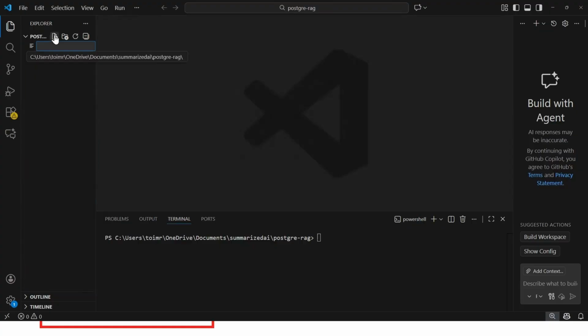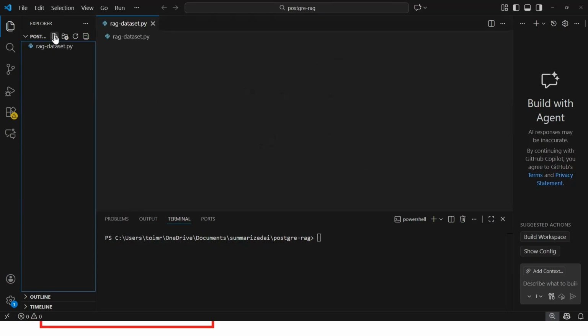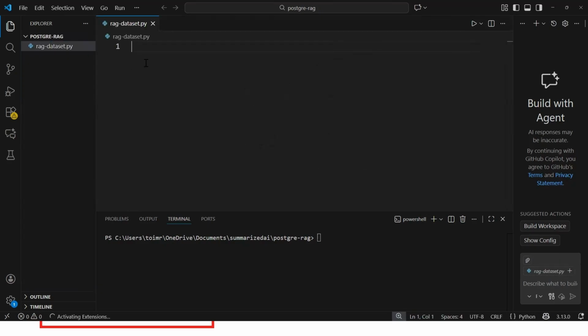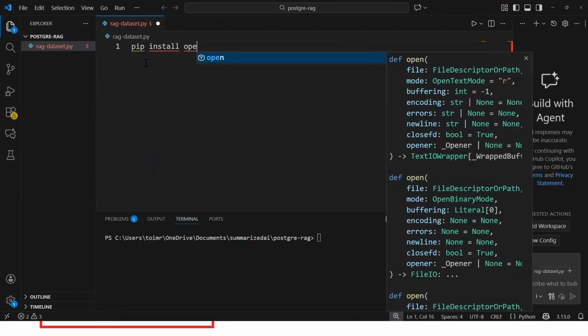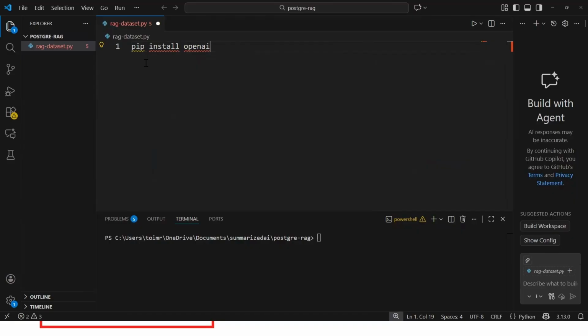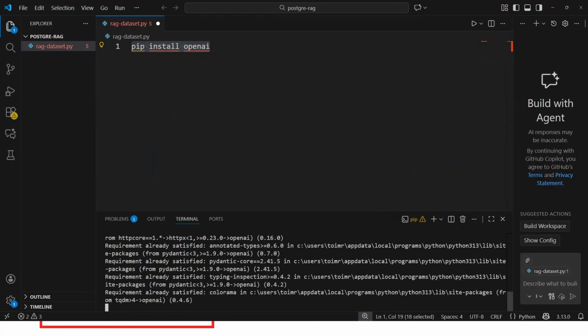Let's first create a file, rag-dataset.py. Now, before we start our implementation, please run these commands in your local to install OpenAI. You can go to the command prompt and run this particular command, pip install openai, in the terminal. And apart from this one, you can also go ahead and install